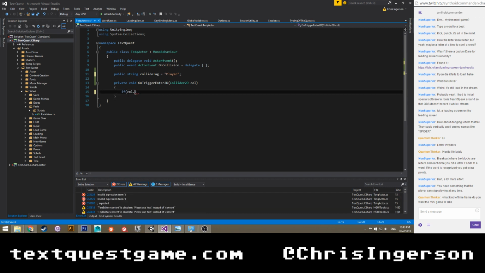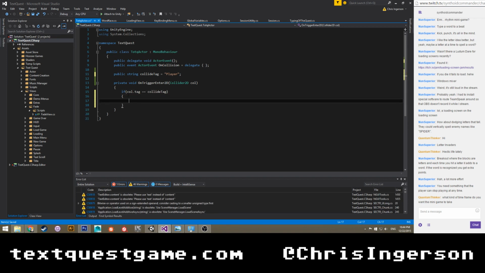If call.tag is equal to collide tag on collision.